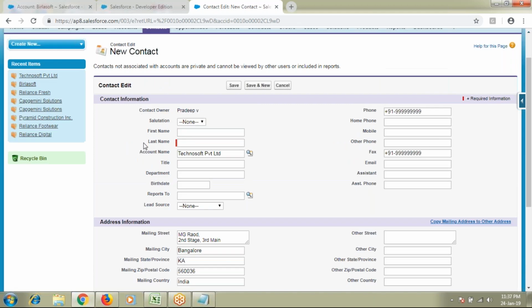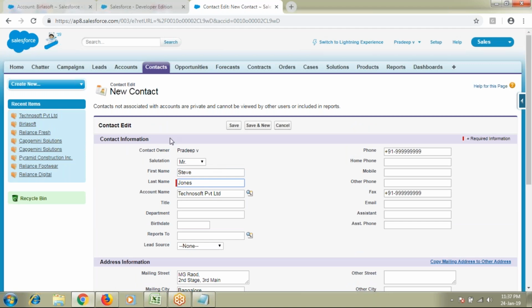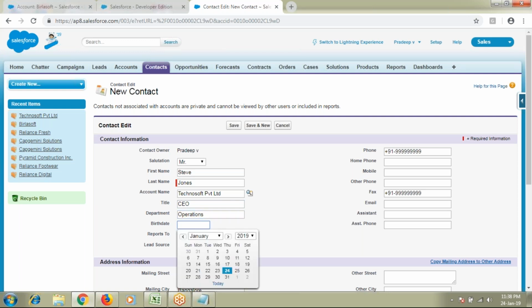Let's suppose the first name is Steve Jones. So Steve Jones is one of the contacts who is a point of contact for my company. And title, let's suppose he's the CEO of the company. And department, operations, he belongs to the operations department. And birth date, I'll take some random birth date.